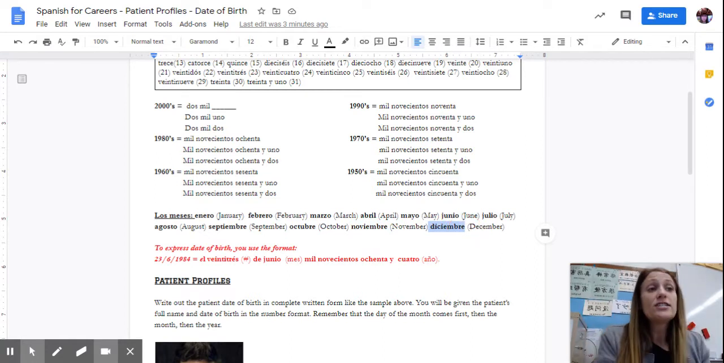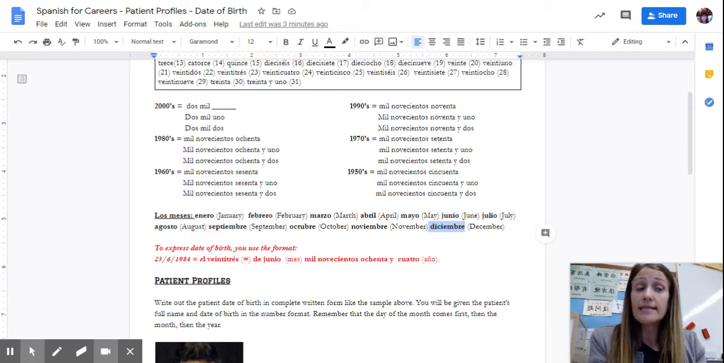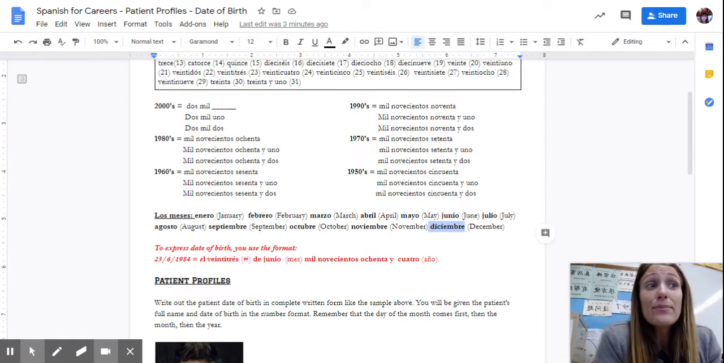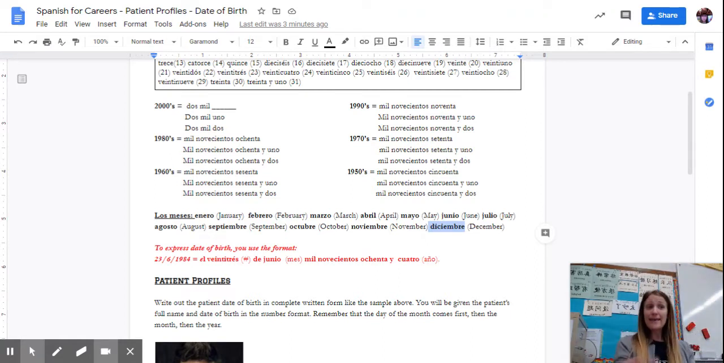Notice that in Spanish, they do not capitalize the months. We do in English, they do not in Spanish, okay? So you don't even have to capitalize. I mean, hey, how great is that? You guys don't like to use proper punctuation anyway. How great is this? Okay,